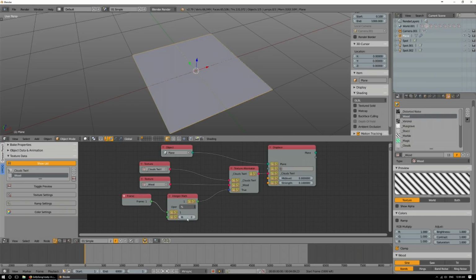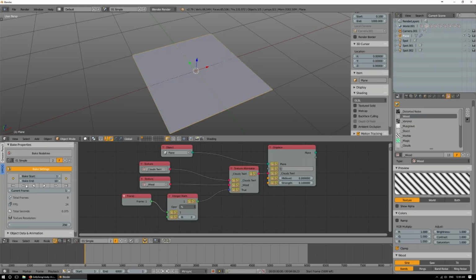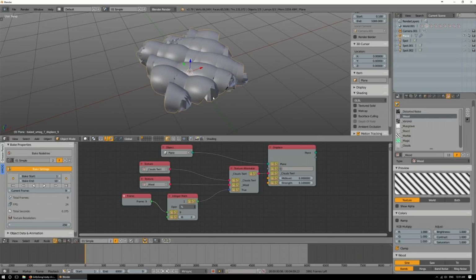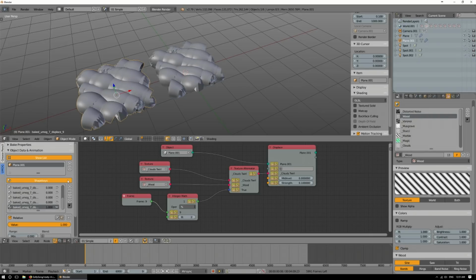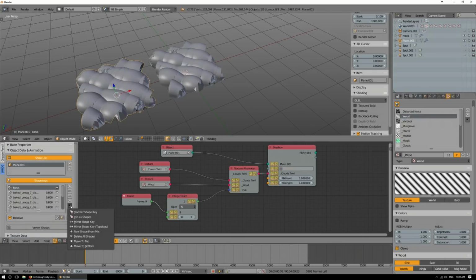Let's change this back to 2. Let's make sure that our frame goes from 1 to 10. Cloud twirl, wood, plane, and we have frame 0 and 1. Okay, let's give this a try. Also, let me duplicate this object, which is going to be called plane 001. For plane 001, I am going to remove